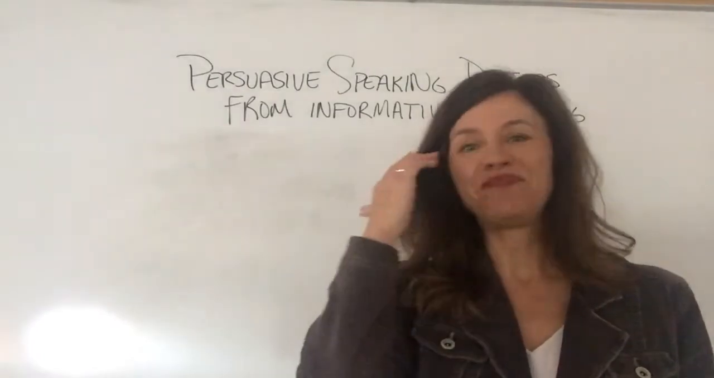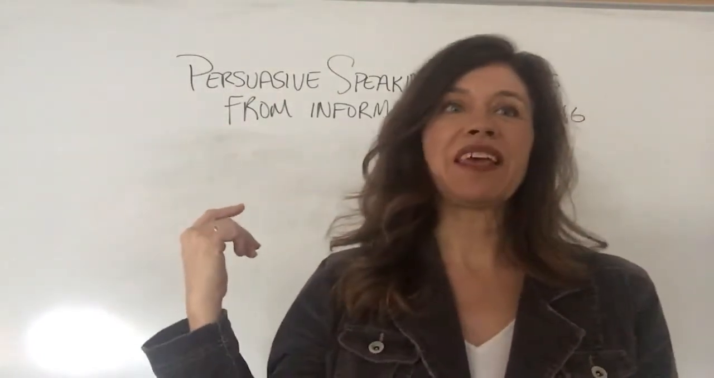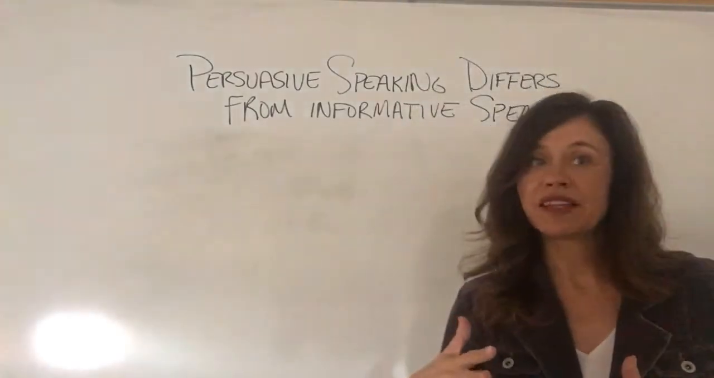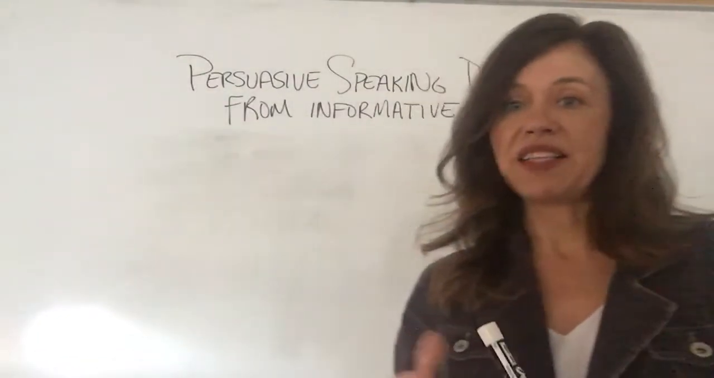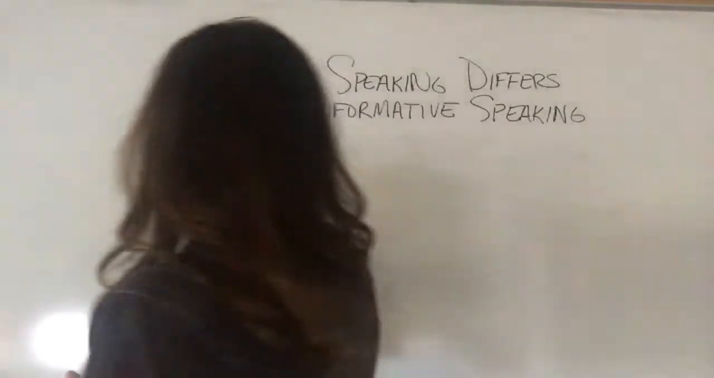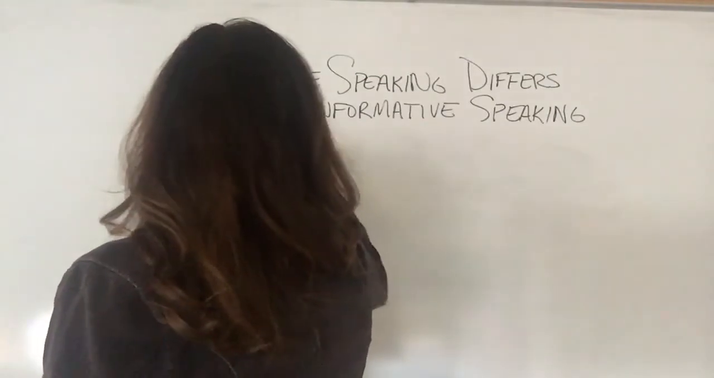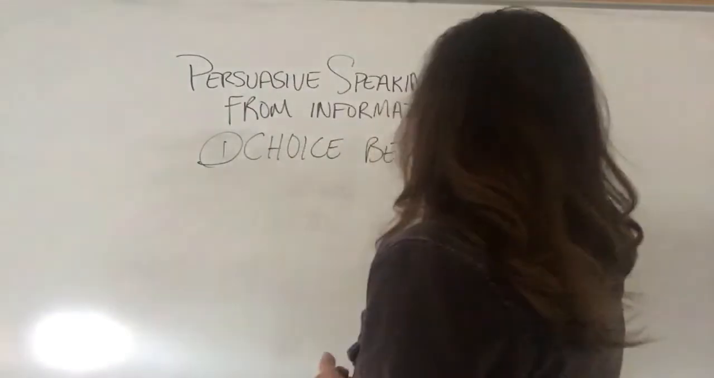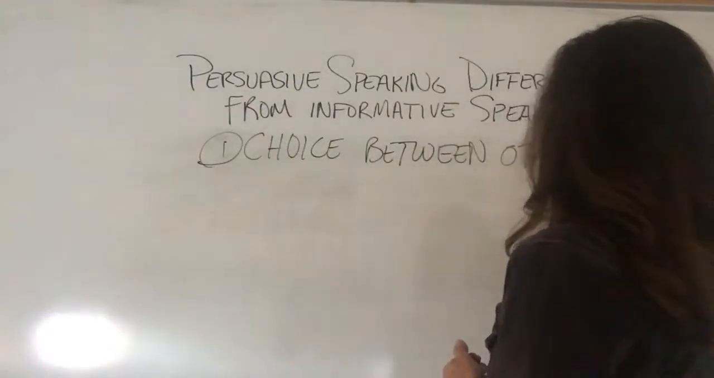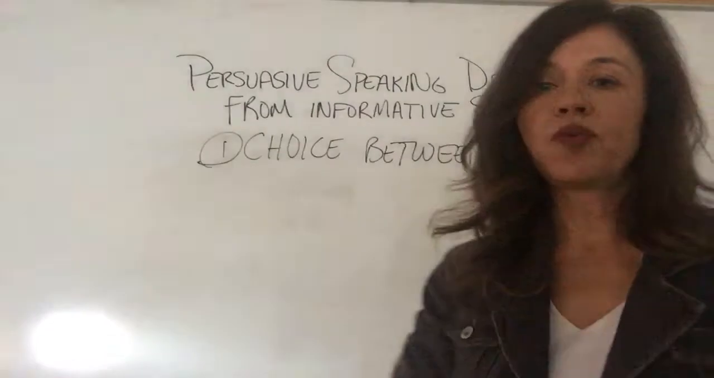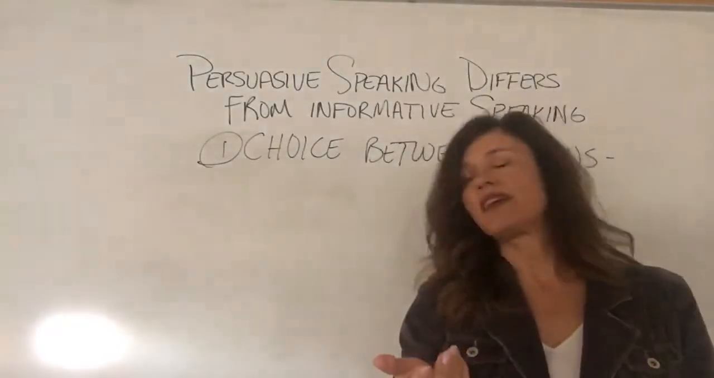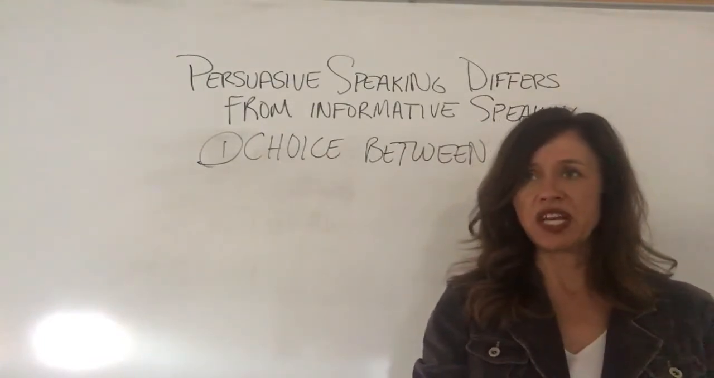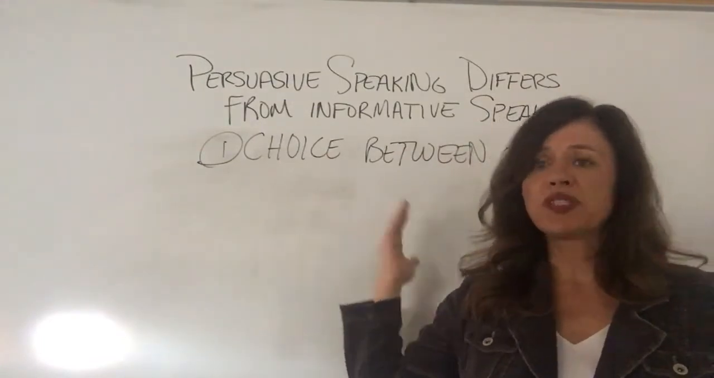So let's begin. Persuasive speaking differs from informative speaking, like I said, in 6 different ways. The first way is that it provides a choice between options. Whereas in an informative speech, you're really being told about something, you're being given information, you get a choice between